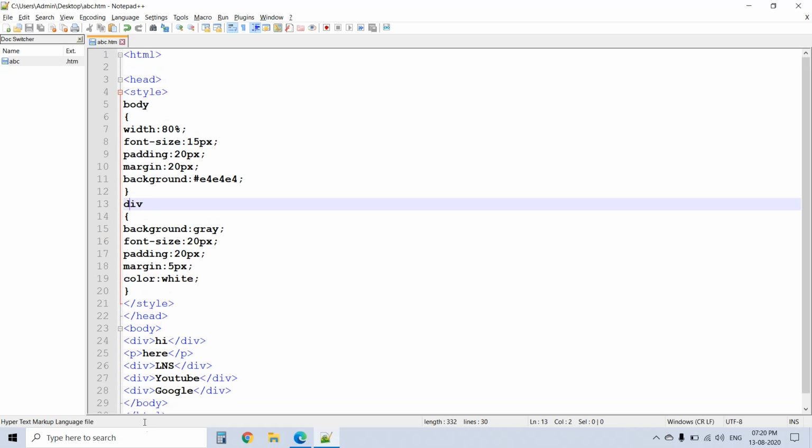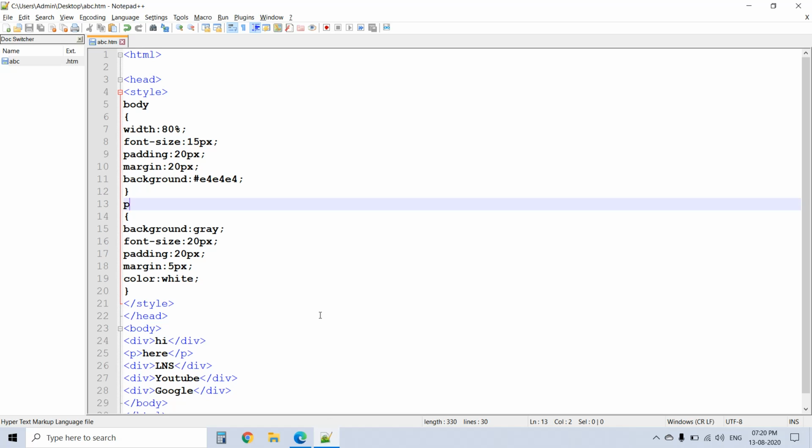Then here is div. Div is this tag. Similarly, if you want it only for this para, you can do it like this. In this way, it is only for one particular para tag. Hope you understand. In the next sessions, we will go into detail about the HTML tags, some of the basics, what the paras are used for, and how to make the styles more and more attractive.